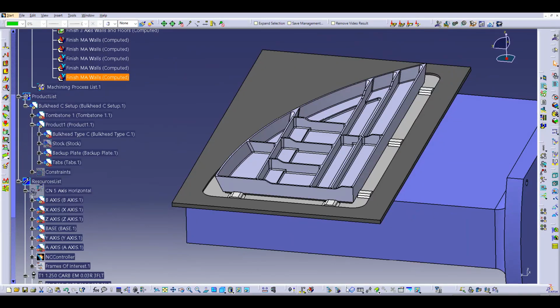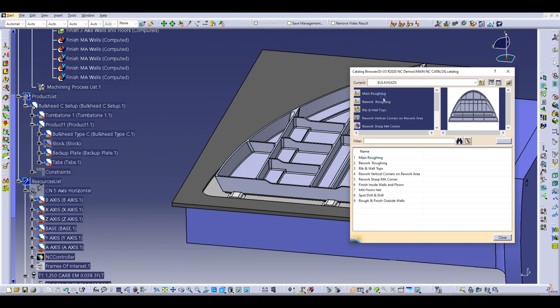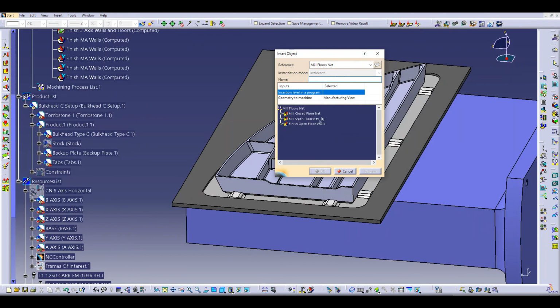Okay, so now for the next section, let's go back and just look at our catalog here. You can see I've got mill floors net. And this has 3 different operations, 2 pocketing and 1 profile contouring: mill closed floor, mill open floor, and then finish open floor walls. Well, we're going to apply these a different way because we're going to predefine some geometry and then we'll be able to apply this process on all the geometry at once, and we'll let some rules that were established when we built the process determine what's an open and what's a closed pocket and what